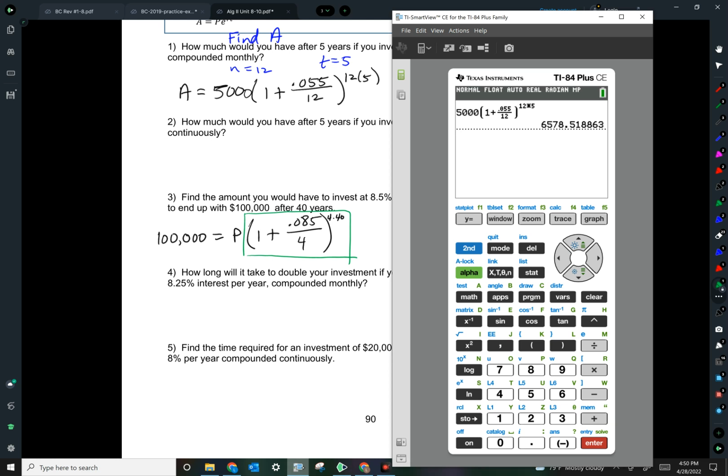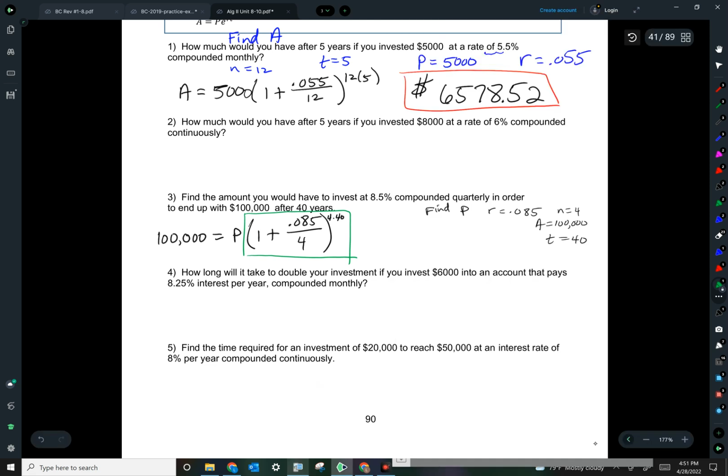So in my calculator, I'm just going to do parentheses 1 plus fraction, so alpha y equals 0.085 over 4, and then move your cursor, close parentheses, and that's all being raised to 4 times 40. So all of that equals 163.4. So in place of that box, I'm going to put 163.4. So what I really have here is